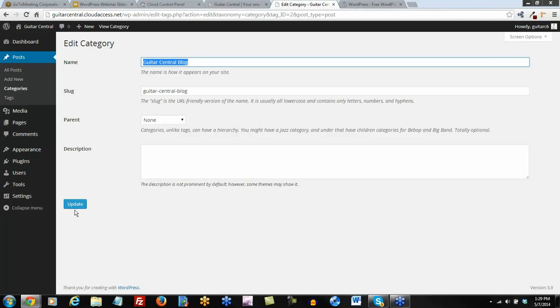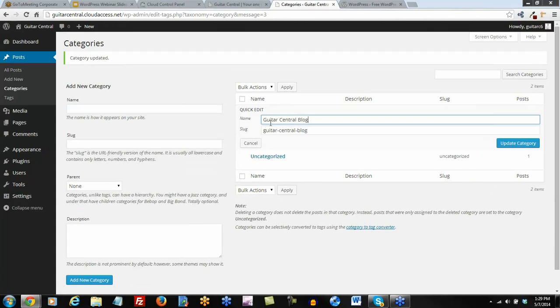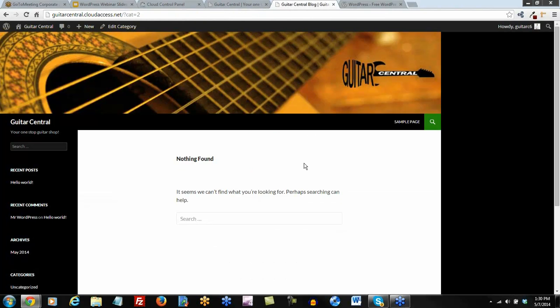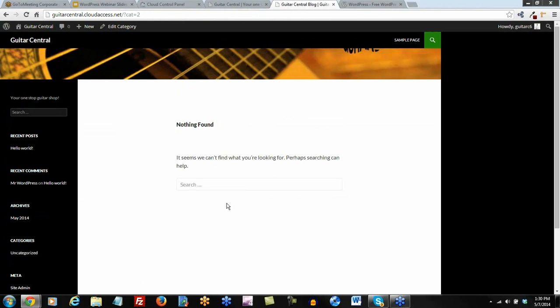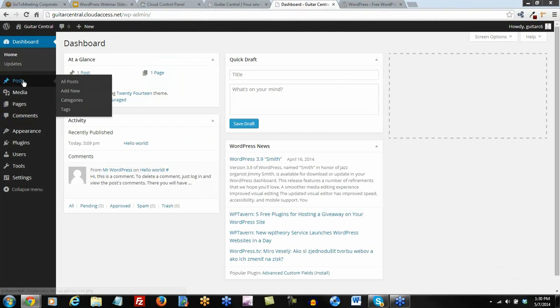Let's just click Update. We'll head back. That was the formal edit area, while quick edit allows you to edit quickly in this area. And you can change that slug and things. You can delete the category or view the category again on the front end. Okay, we want to get to the back end of the site, get back to posts and